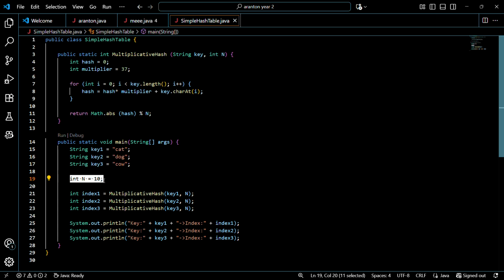Int n = 10; sets the number of buckets to 10. So any index returned will be between 0 and 9.